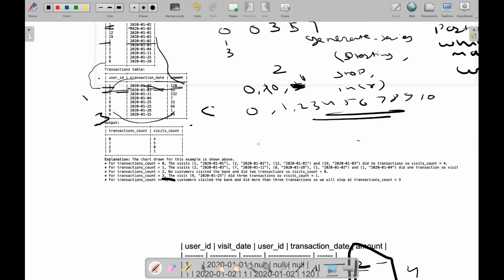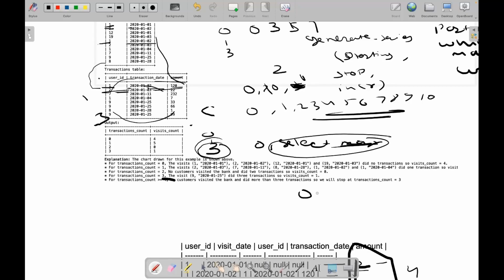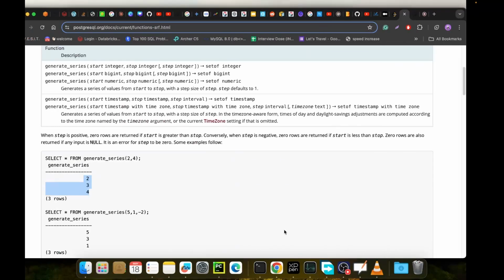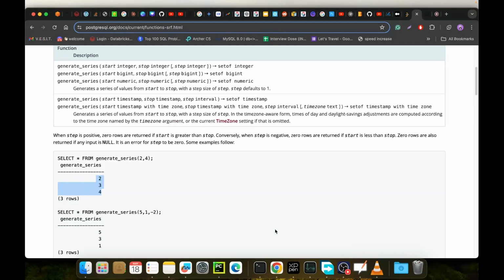We will pass the starting value 0. We know that it should always start from 0, and we can write select whatever the maximum value of our 0 1 3 is, give me this value. So if I run this query, 0 and 3 will come, and this query will give me the output 0 2 3. So if I run this query, what I am trying to say here,